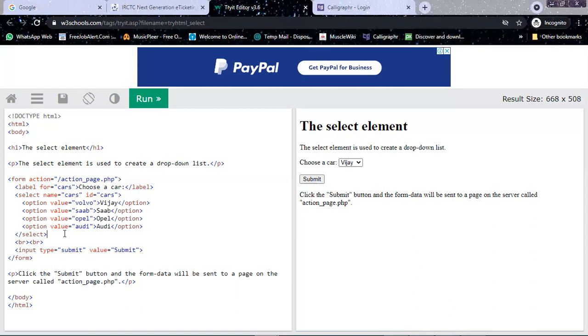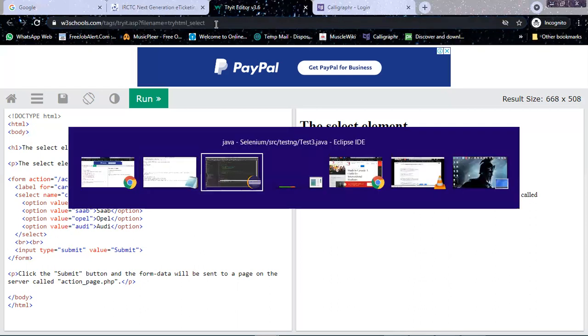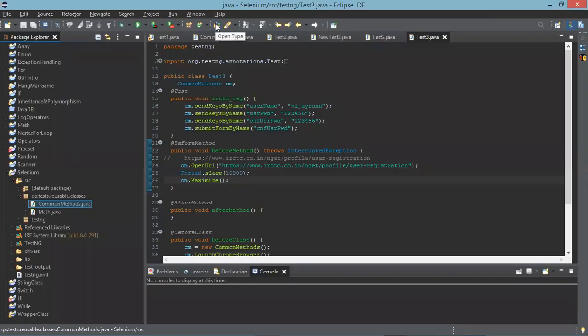Now we'll practice this select type. Go to your program and copy this URL first. Copy the first URL at the top. Now go to your programs and use File, Save as, since this is test3, to a different name.